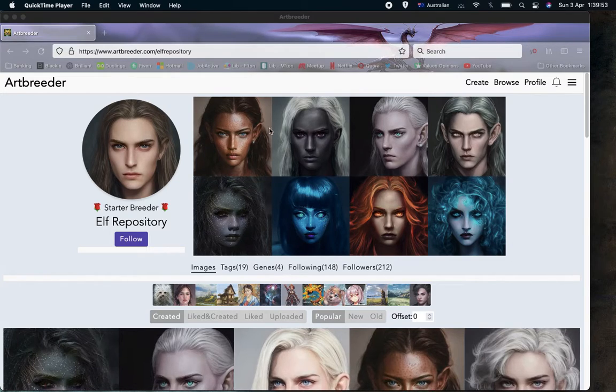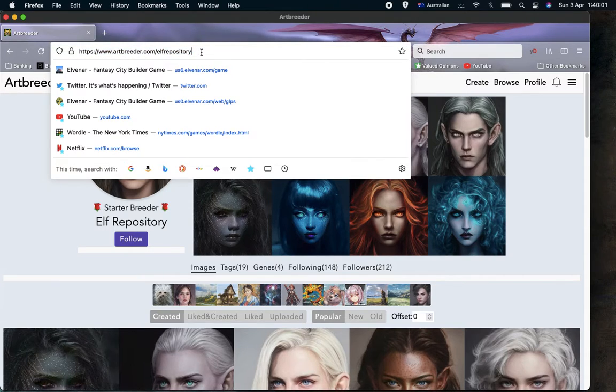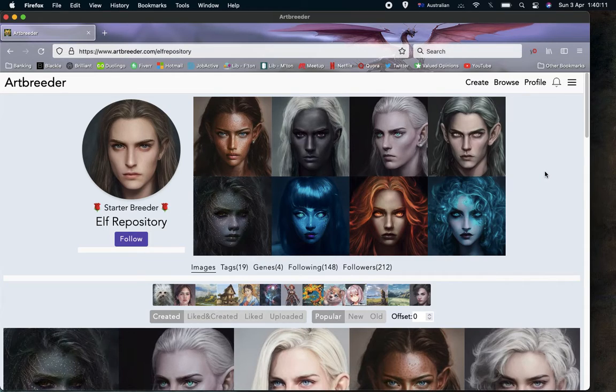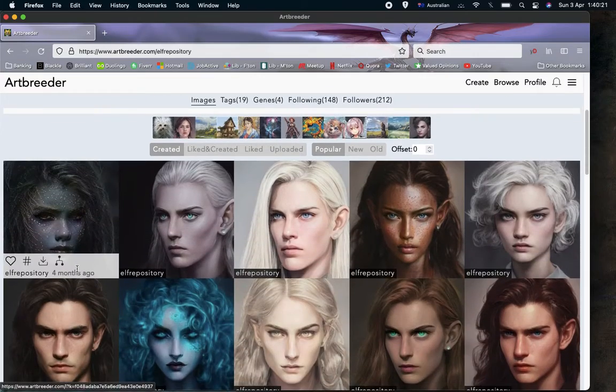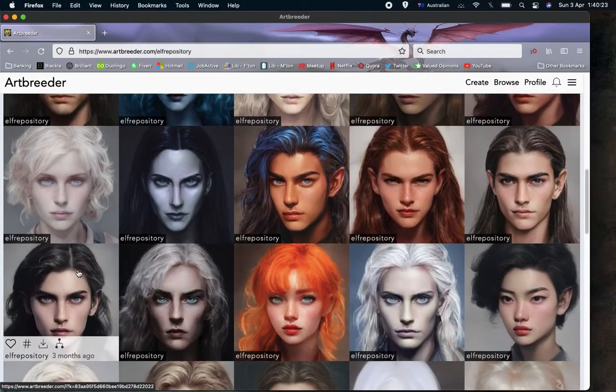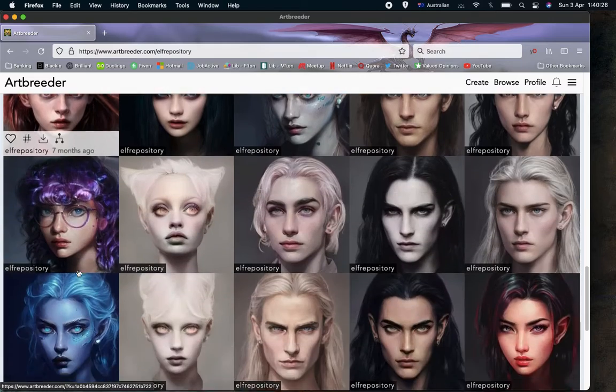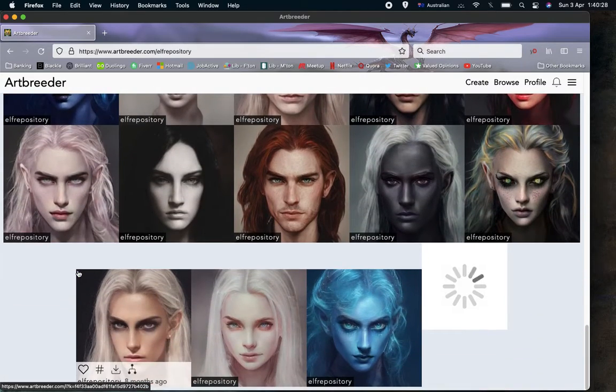So in order to look at a user, you just have to enter artbreeder.com/the name of the user. So let's start with the one that I'm already on, which is Elf Repository. As you might expect, this user has made a lot of elf-looking portraits. This is what their profile page looks like. You can just scroll down and have a look at things in the order in which they were made if you want to,